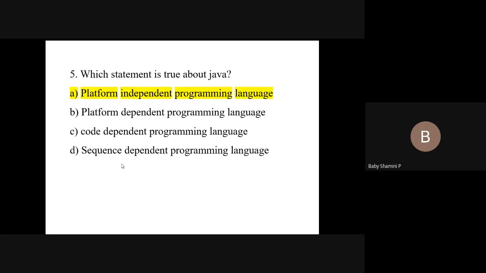Okay, the correct answer is platform independent programming language. So Java can be executed on any platform. That is, it supports Windows or Linux or Mac OS, etc. So that is a platform independent programming language.